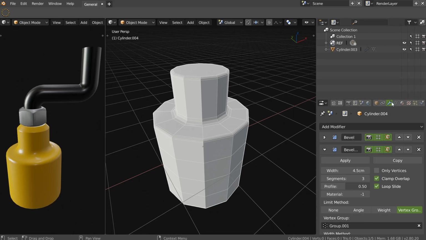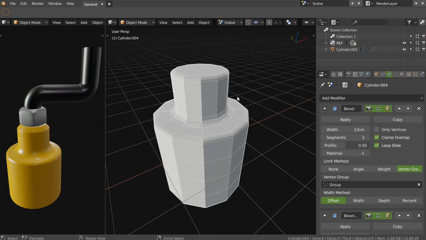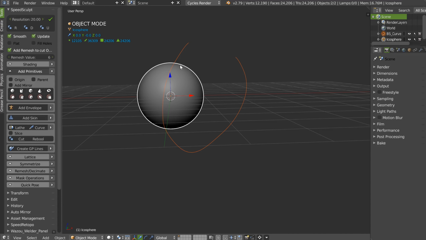So, with this workflow, with 2 bevels, I can do this, and I can do this, as you can see. So I don't know why people don't use modifiers, because it's really powerful. In this case, it's really difficult to make it, because vertex groups are not the best. We need edge groups to have something better. Or like I do in SpeedFlow. I will just show you the difference.